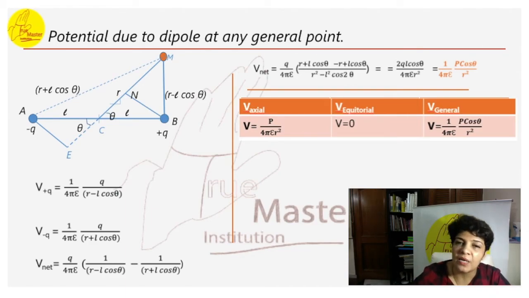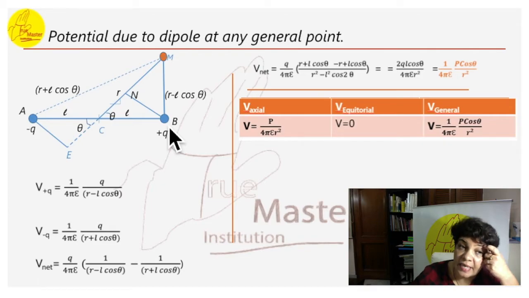We have always calculated minus q all the way to the test charge. We need this distance, and we need plus q to this distance where the test charge is placed. So we need two distances, MB and AM, in terms of the common factors R, L and theta. So what will be the value of this AM and MB? We are trying to derive that.